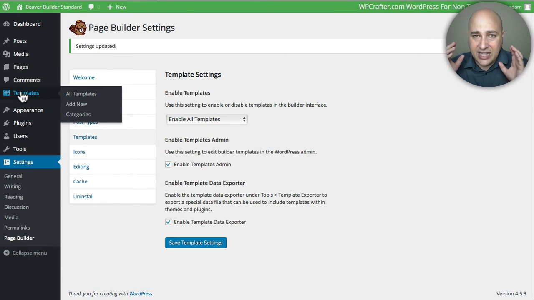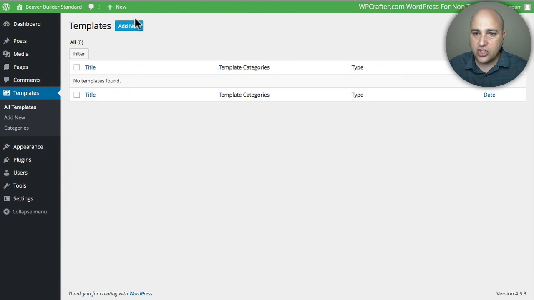Now this is the massive time saver that the paid version of Beaver Builder is going to offer you. It is going to speed things up, and time is money. And if you're anything like me, the small cost of the paid version of Beaver Builder is well worth it if it can save you hours upon hours of your own time. So when you click on Templates, we can create a new template, but let me show you a different way of getting templates in there.